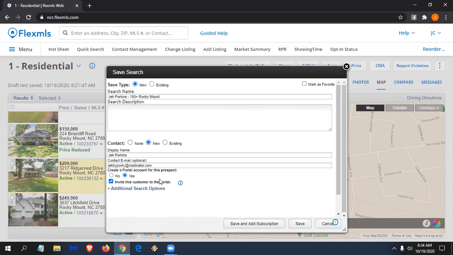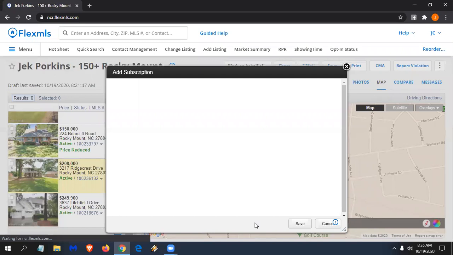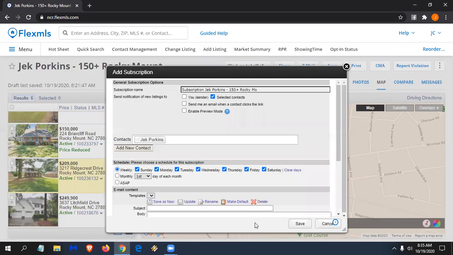So for this, I'm going to save a search and subscription, and then I'm also going to invite to the portal, and I'll go through the same process again in the 201 to make sure we understand it. So I'm going to save that subscription because I just want to point out what those emails look like. The easiest way for you to understand searches and subscriptions and portals is to email yourself listings or set yourself up with a portal, not your work email, because you don't want to confuse FlexMLS, but use a personal